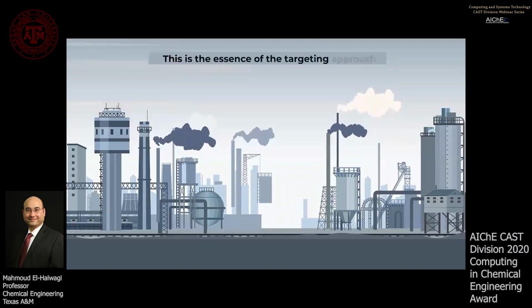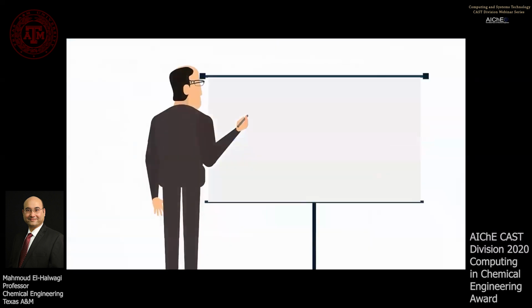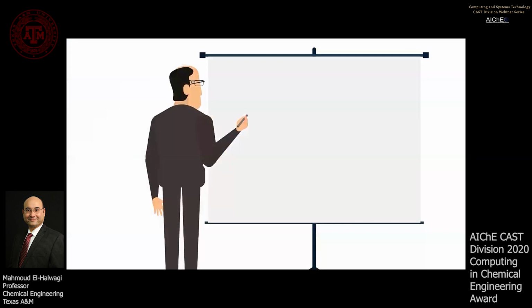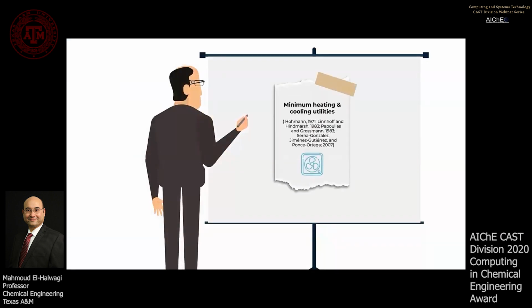This is the essence of the targeting approach. Over the past 4 decades, there have been numerous breakthroughs in identifying targets for important classes of design problems, such as identifying minimum heating and cooling utilities through heat integration, optimal combined heat and power or cogeneration, maximum utilization of